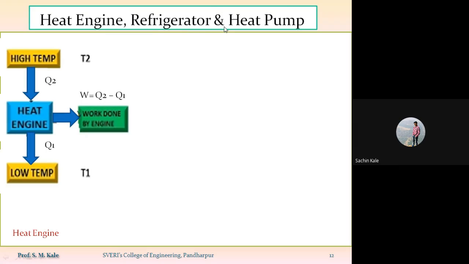Whereas refrigerator as well as heat pump is called as a work consuming devices. Heat engine ला आपण work producing device म्हणणार, whereas refrigerator as well as heat pump is called as a work consuming device. So now here in case of heat engine, we are measuring the performance of heat engine by the term called as a,